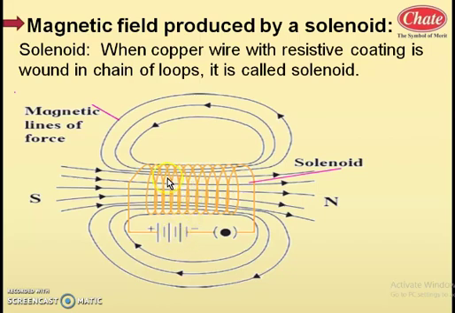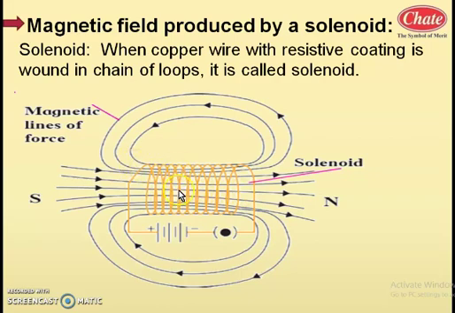Whenever current flows through this conductor, through this copper wire, then around the current carrying conductor there is existence of magnetic field. We have studied that at the center of each loop the magnetic field is produced due to all points of the conductor. As we arrange such a number of circular loops parallel to each other in a helical shape, in the spring type form, what happens? At the center we are getting a very strong magnetic field.